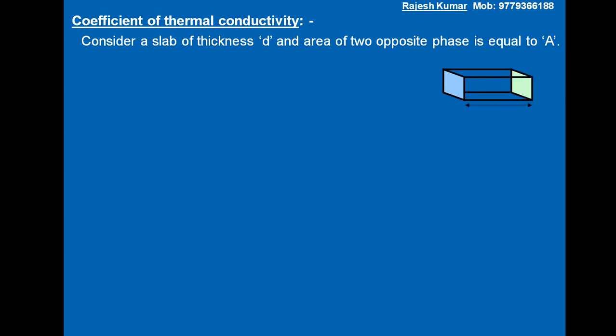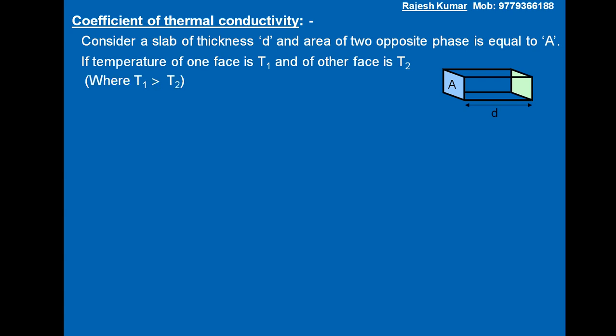The distance between the two faces is small d and the area of each face is capital A. If the temperature of one face is T1 and of the other face is T2, where T1 is greater than T2, that is, the face on the left hand side is hotter than the face on the right hand side,